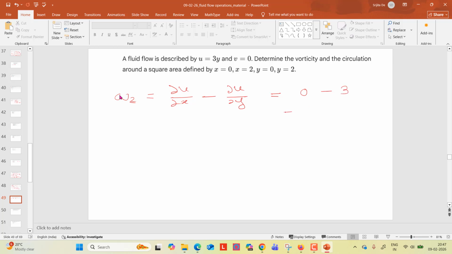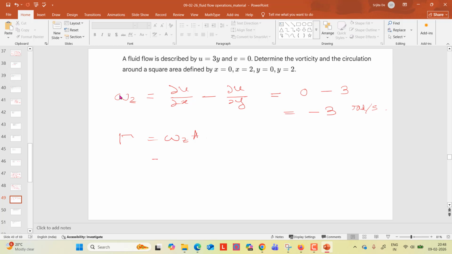So this is minus 3. Vorticity is minus 3 radian per second, and the circulation